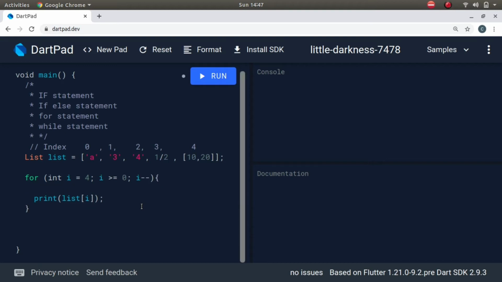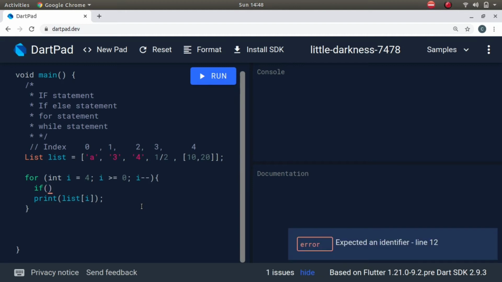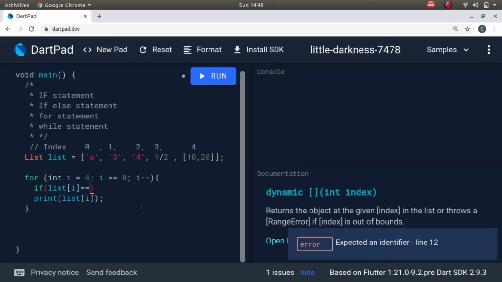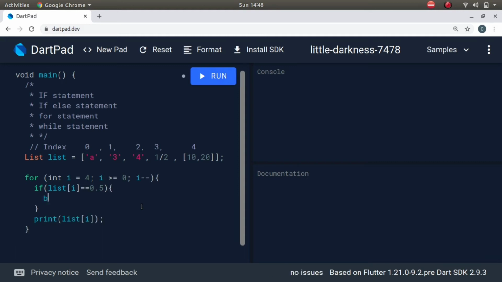Example, if list of i is equal to 0.5, then break. I have told you about if in detail, you can kindly visit that video. Meaning, when it reaches 0.5, whatever is below this break statement will not be executed, and the loop will directly break.